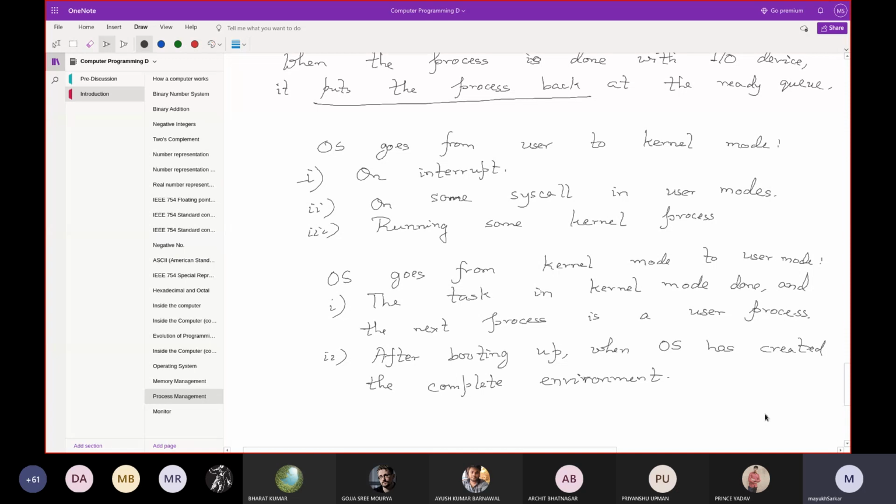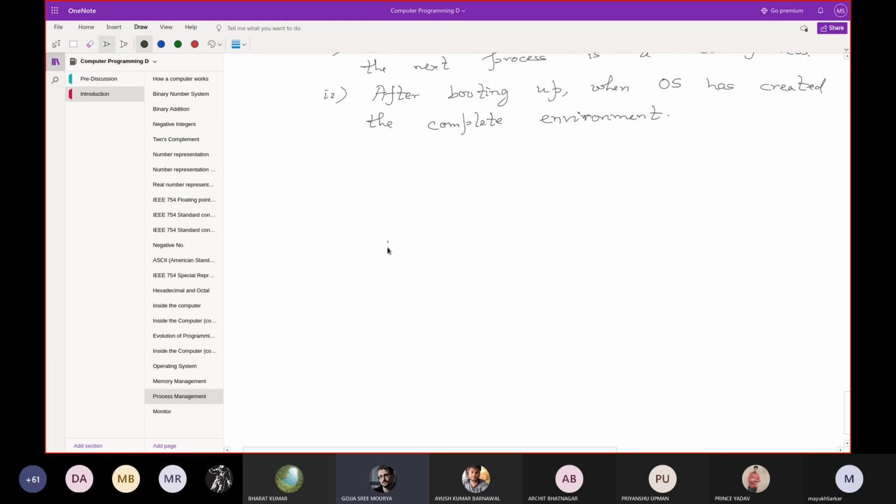Sir, small doubt. Let us say the CPU has given an interrupt to the OS. First, it takes some time to get from user to kernel mode, and between any two processes in the kernel mode, there is some other time. Can we say anything about the time, sir, or are they both totally independent?